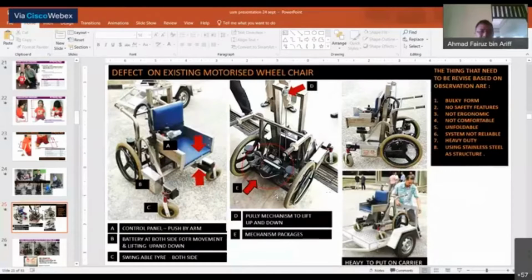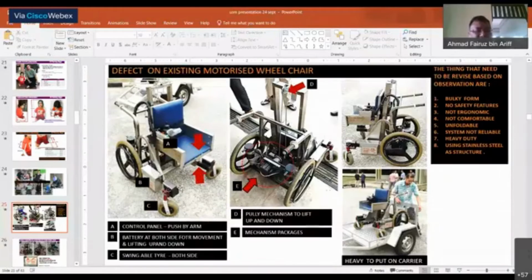If you can see, a lot of it is very crooked, heavy, very engineered and very squarish. There is no element of ergonomics and the element of